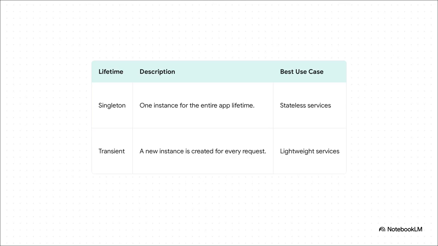When you register a service, you have to pick its lifetime. A singleton means one and only one instance is created for the entire life of the app. It's perfect for things that don't hold state, like a logging service. A transient service, on the other hand, means you get a brand new instance every single time one is requested. This is great for lightweight things that might hold some temporary state. Getting this choice wrong can lead to really weird bugs and memory leaks, so it's super important to understand the